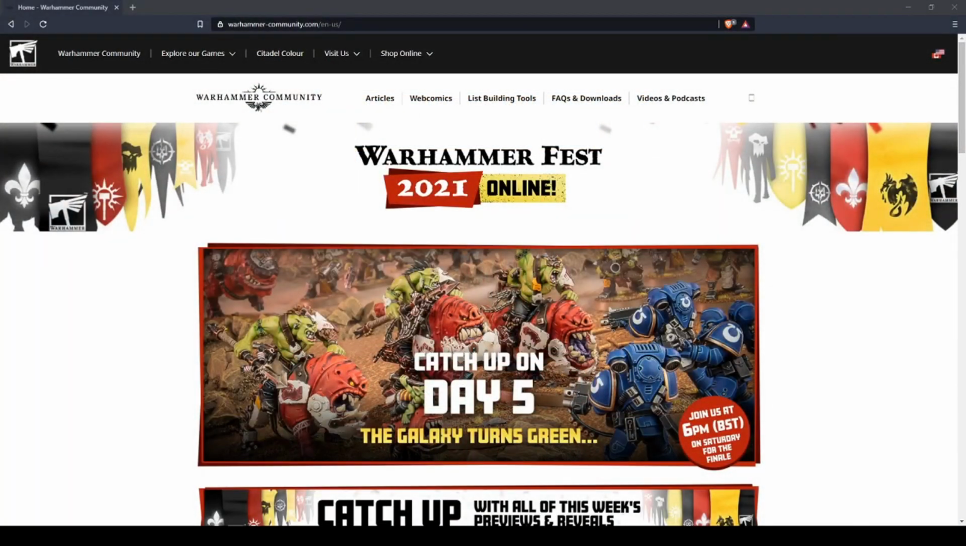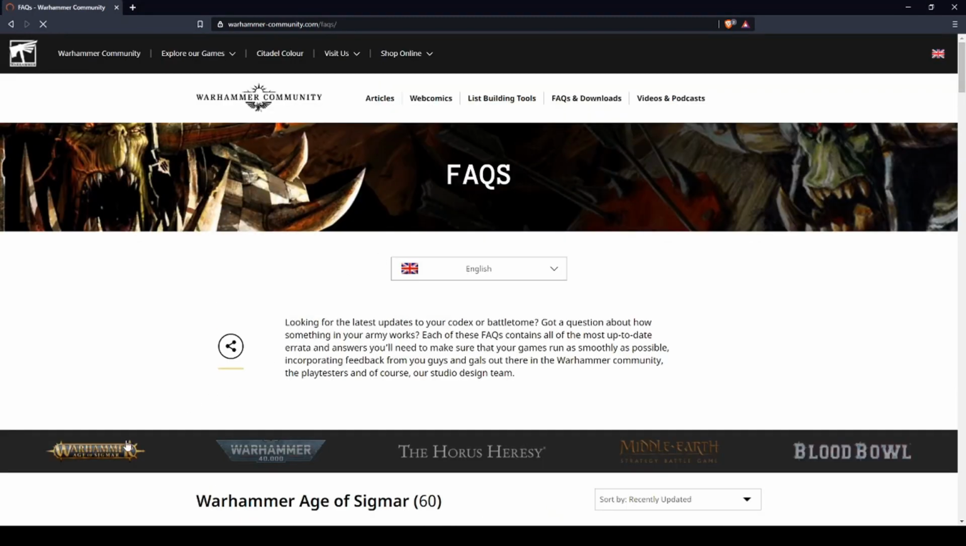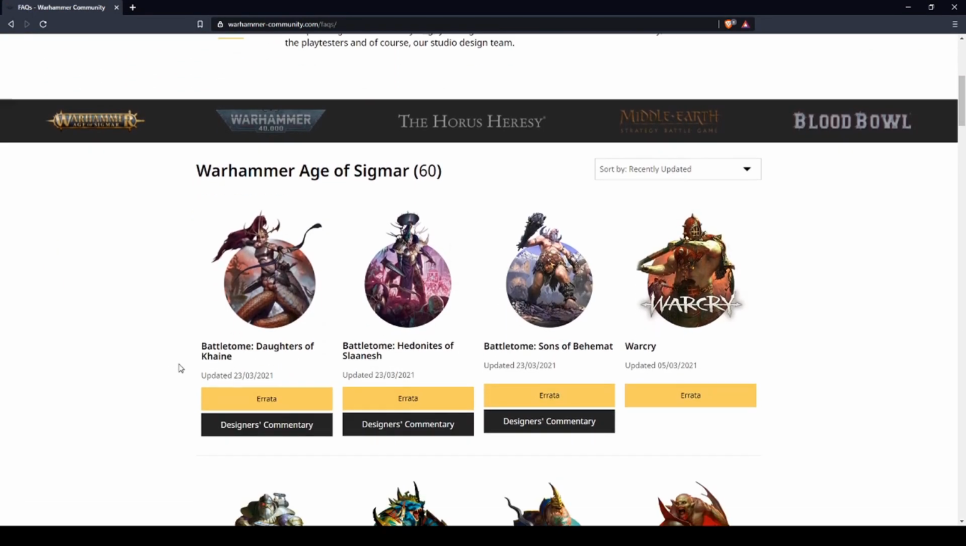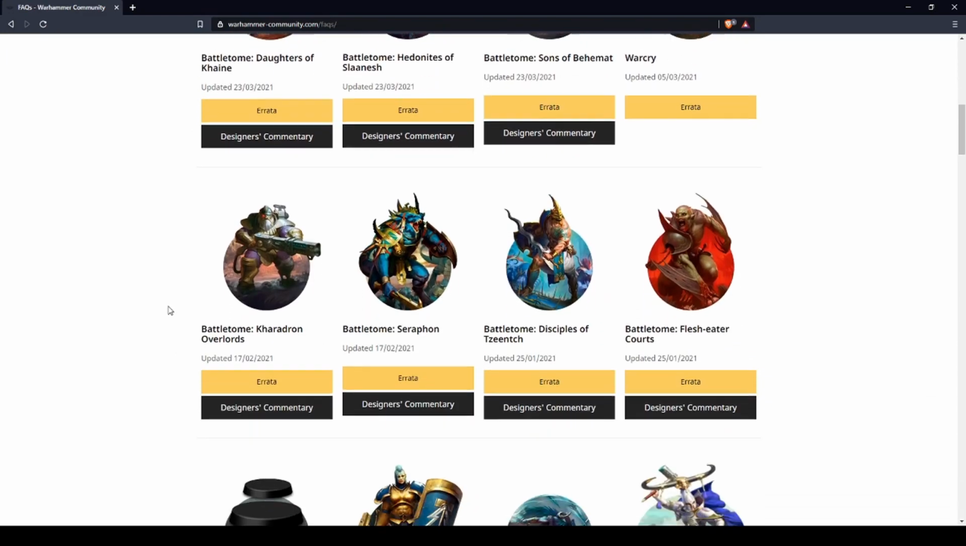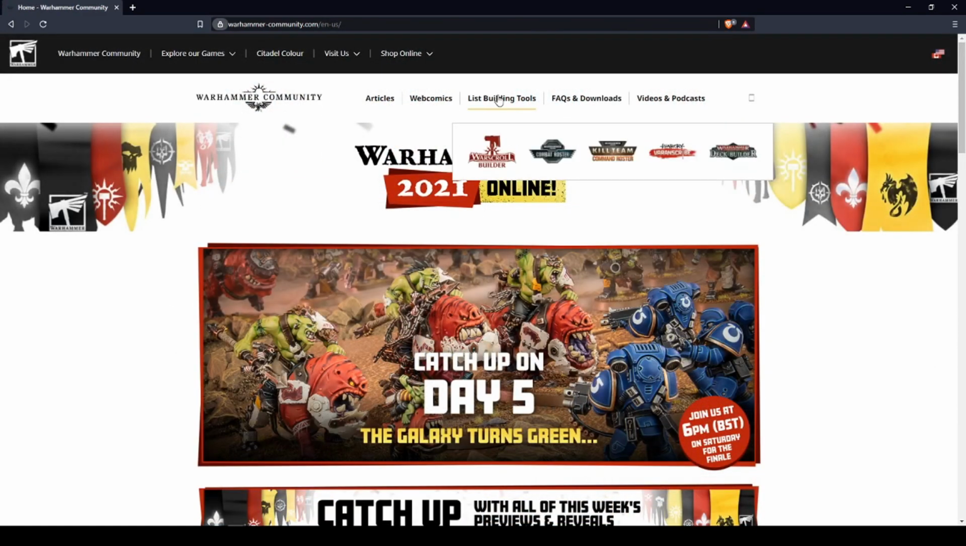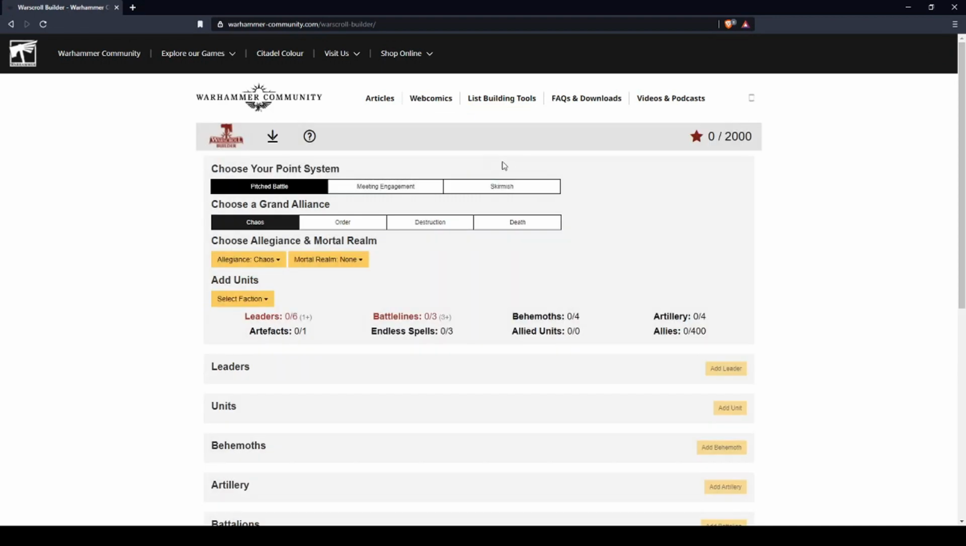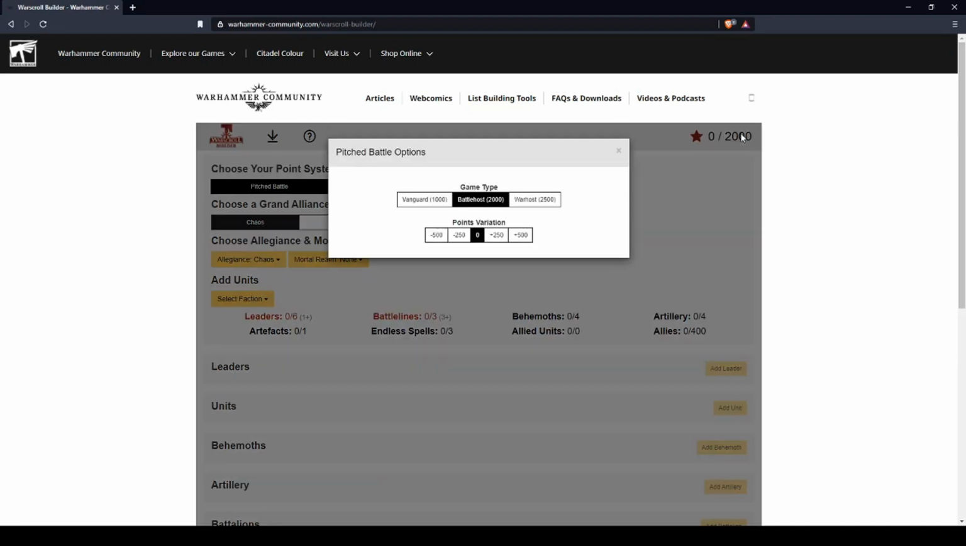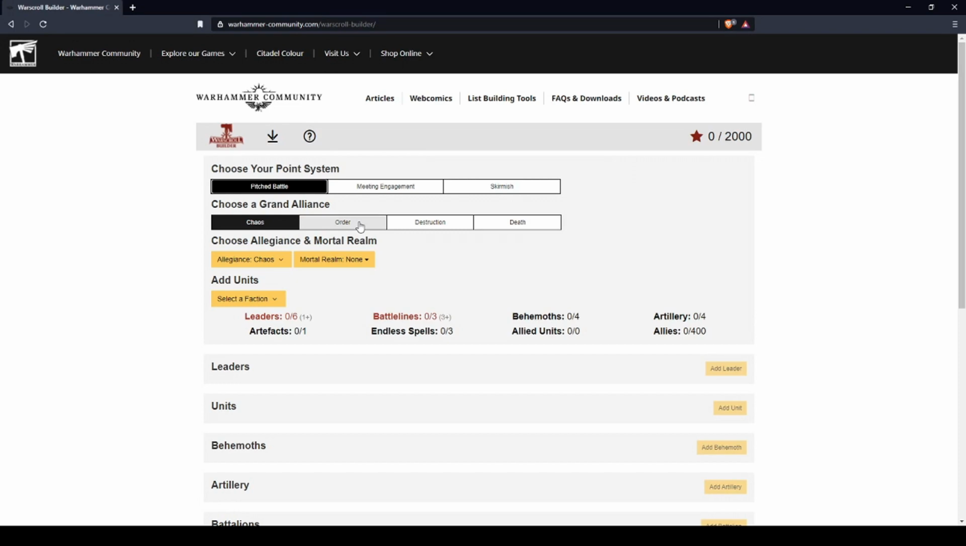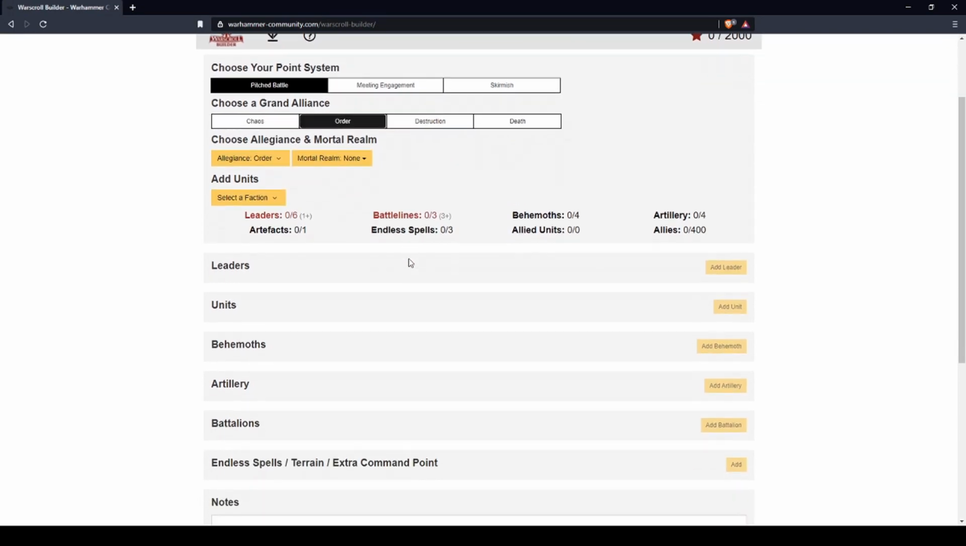on the Warhammer Community website, many resources are provided. Army FAQs, designer commentary, and base size charts to name a few. But the best resource available is the Warscroll Builder. From the homepage, hover over the List Building Tools tab. Select Warscroll Builder. From here, you can select your game's point system and points value, choose your Grand Alliance, choose